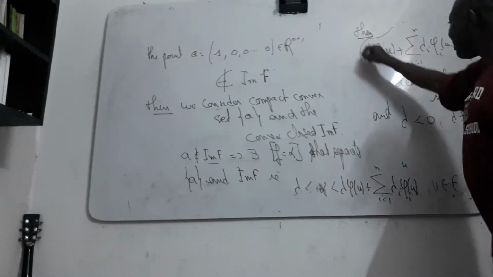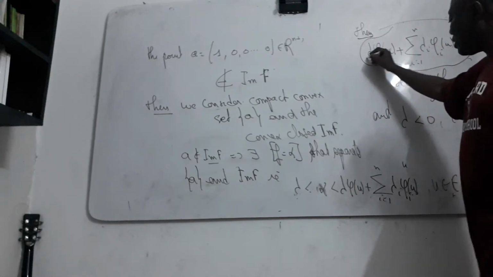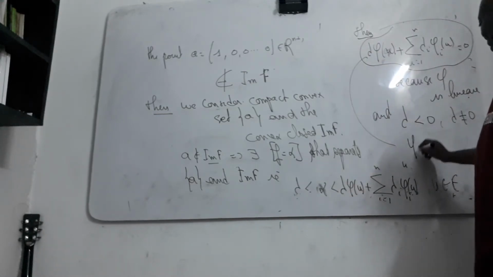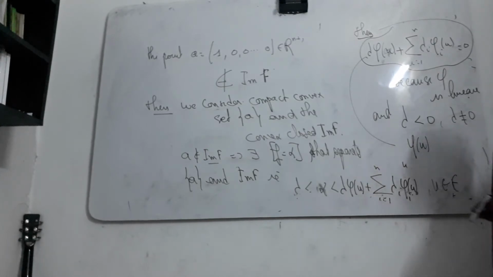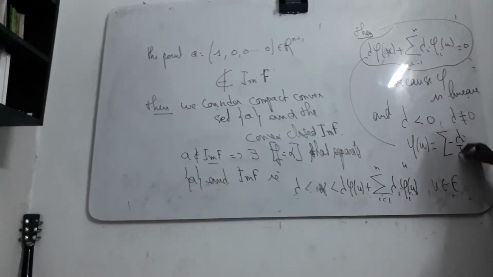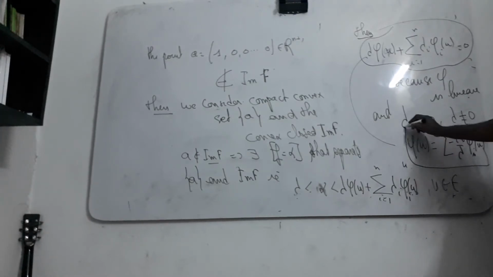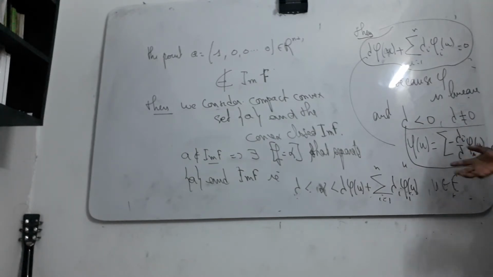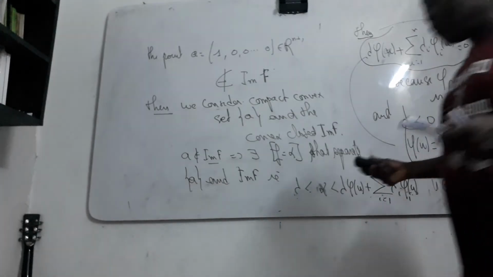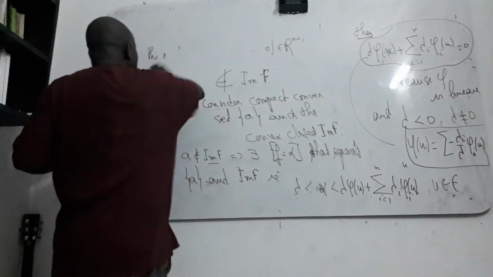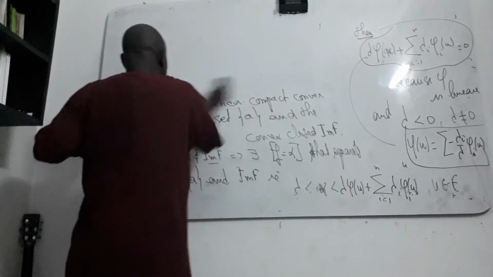Then from here you have this condition. Then phi(u) must be just a linear combination of this one, a linear combination of minus lambda_i over lambda times phi_i of this. You have your proof of what you were going to prove. Very simple to prove. Now you have the proof of the lemma. Now let's go to the proof of the theorem and finish this part with this proof of this theorem.